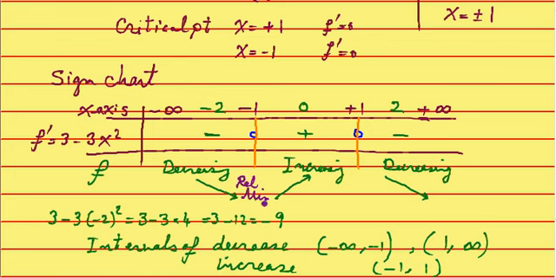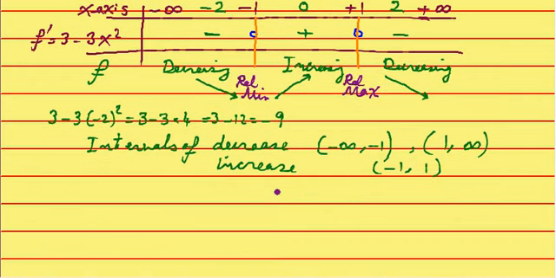Again, we came down and went up, so it had to be a relative minimum. We went up and then we came down, so this point had to be a relative maximum. So we say a relative min at,